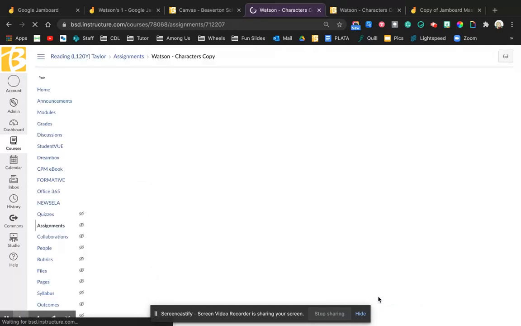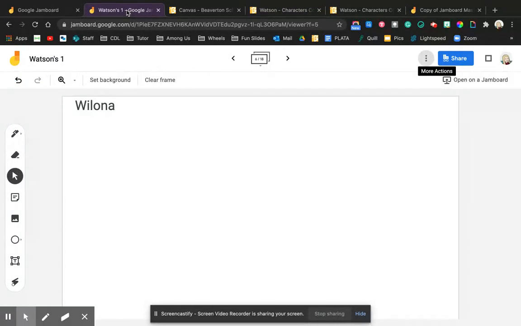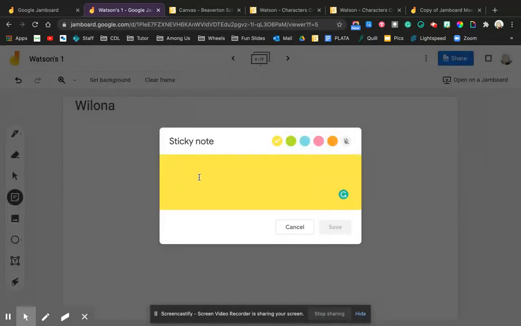And so the kids would go in there. I also need to change the title from character to page 11. I think it's about civil rights. So anyways, this is a way that I can use Jamboard, and it's really cool because they do it in their breakout rooms. And so they all have access to this Jamboard in their breakout room, and they can put sticky notes on there to talk about